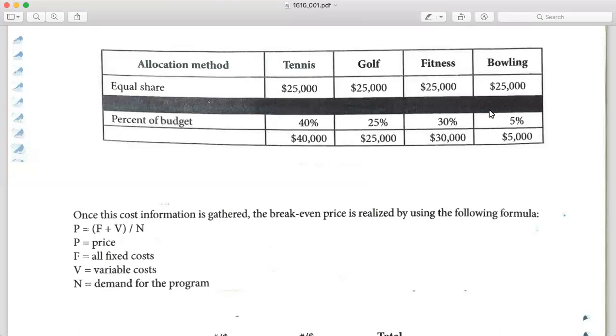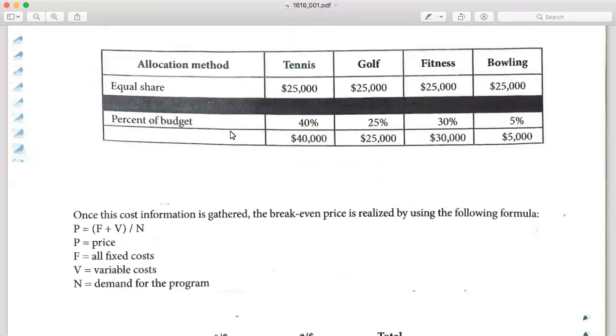Regardless of how indirect costs are allocated, they must be realized in order for the total cost of a program to be determined. So if you look on the screen, I don't know if you can see my mouse or not, but right here, this two approach applies to allocating $100,000 of the director, or in this case, they call it the